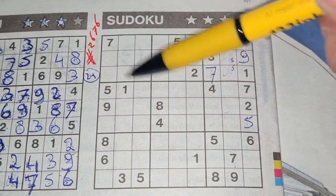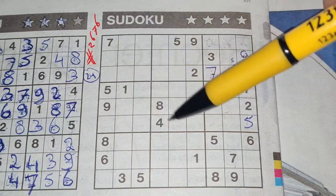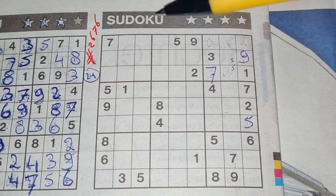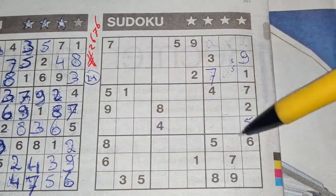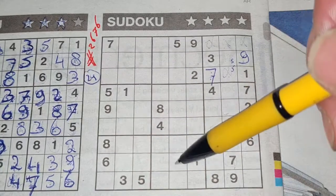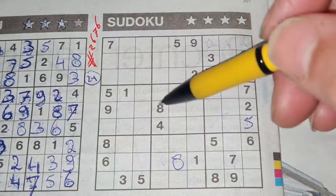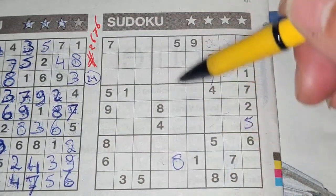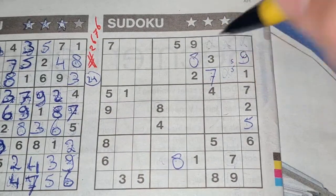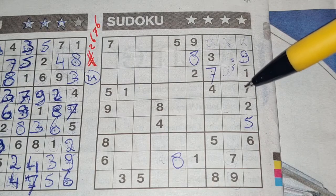All right. How about, let me see, 3, 8, 9. Okay, we have an 8 in this row, an 8 in the last row, so in the row between, the only two places for the 8 should be here or there. We see there an 8, no 8 there, 8 should be there. 8 in this column, 8 in the middle column, so the column next, the only place for the 8 should be there. Then